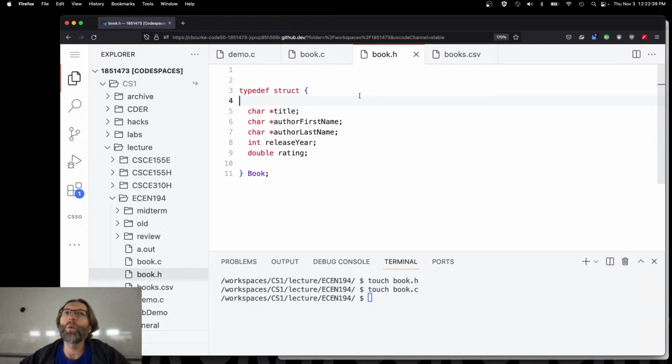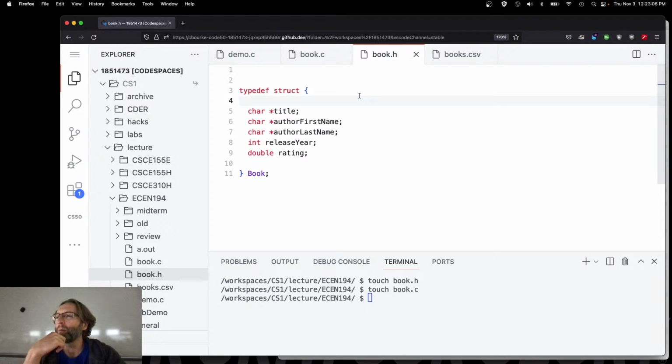Anytime you have more than one piece of data that represents something, if it's only one piece of data, then that's all it is. It's just an integer, or it's just a double, or it's just a char star. But when you have two pieces of data, three pieces of data, four pieces of data, that should be screaming out to you: put me in a structure, collect this data into one thing. Which has me thinking now,